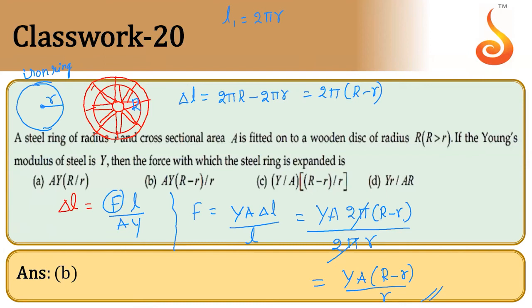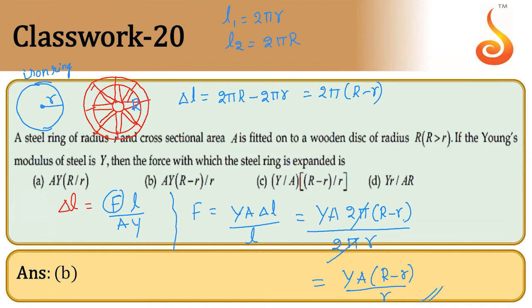So can you put this iron ring on the wooden ring? Can you put? No. What do you have to do? Iron ring can expand on heating, right? You have to heat it. When you heat it, till when do you have to heat it? At least till the radius of the iron ring becomes equal to the radius of the wooden wheel. Slightly greater than that, you neglect. So what should be the final length of the iron ring? 2 pi capital R.